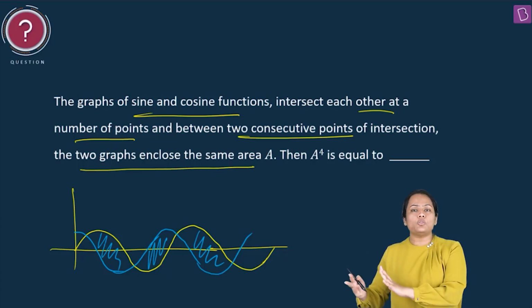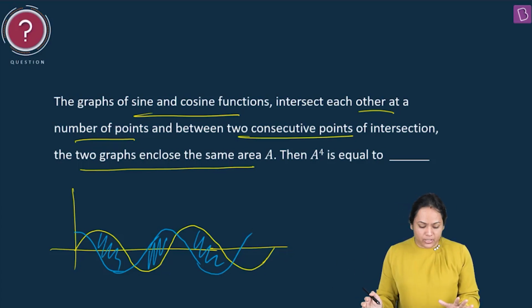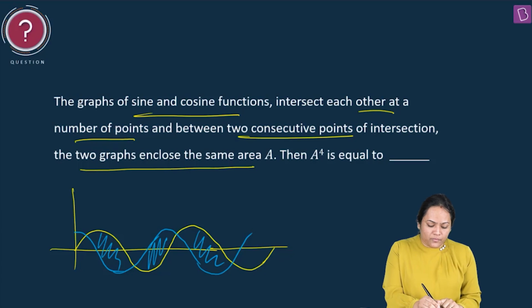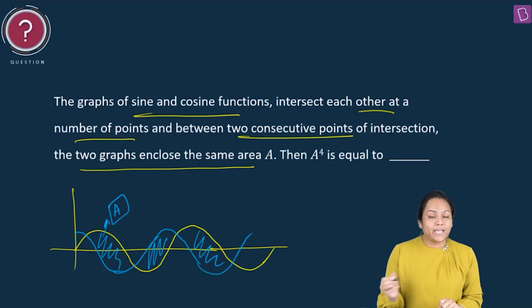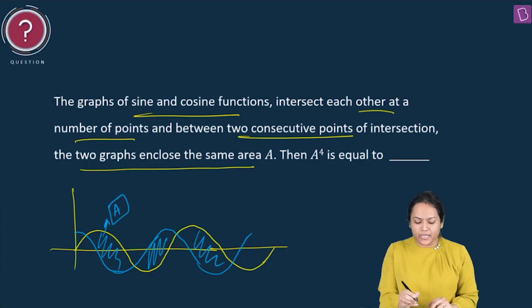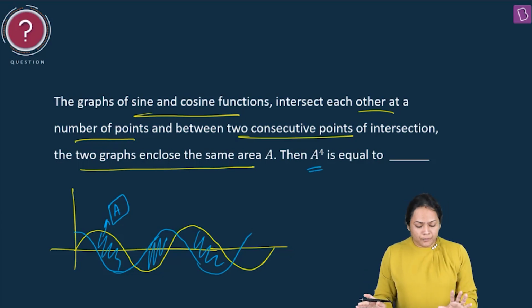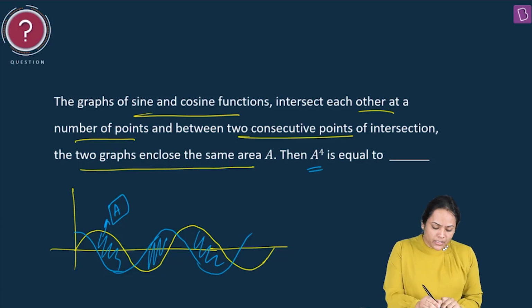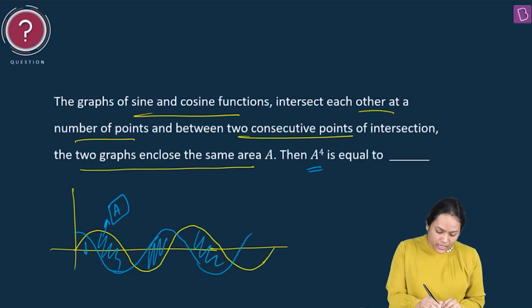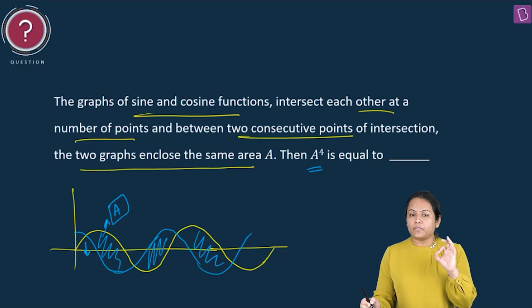So this will also have the same area. So I have to find the area of one such region that is given to me as A. If I get the value of A, I can definitely find the value of A raised to 4. Clear? Okay, so coming to the first part, in this A, I know the first intersection point of sine and